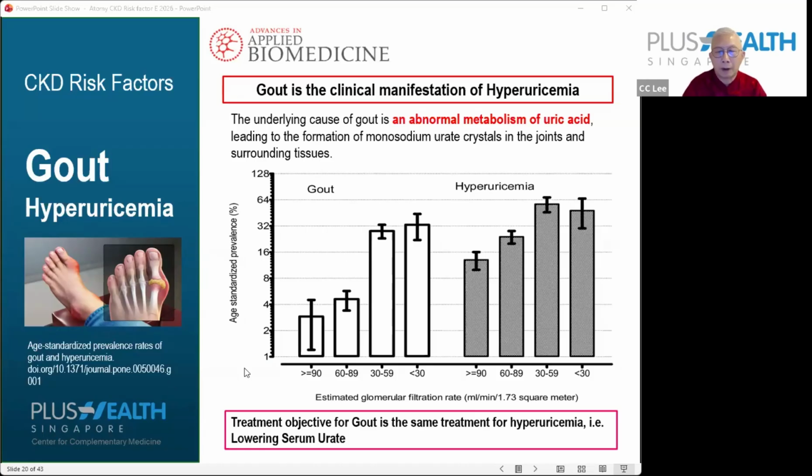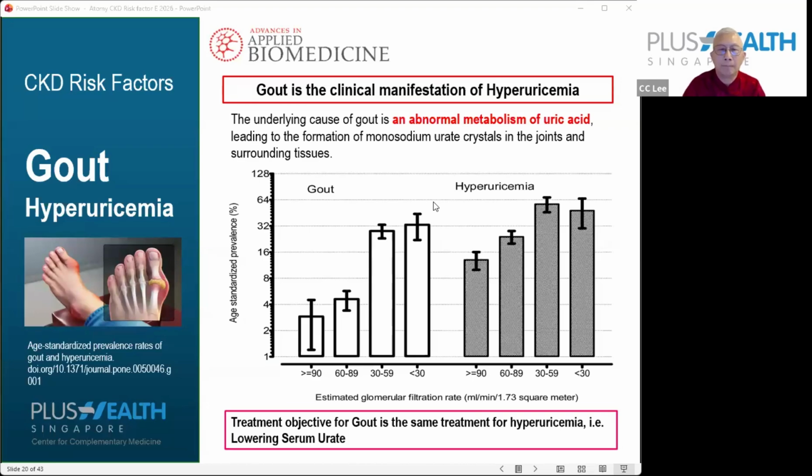So the treatment objective for gout is the same as the treatment for hyperuricemia, concentrating on how to lower the serum urate. So let's look at how to deal with hyperuricemia as a risk factor. If we can reduce the occurrence of hyperuricemia, then we can manage one of the risk factors